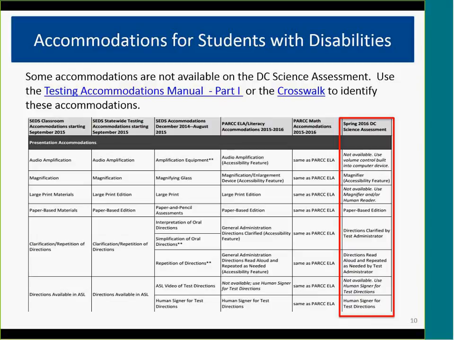Moving to the next slide, we have an example, a shot here of the crosswalk, and this is what you would use, that I mentioned in the previous slide, to look for equivalent accommodation across all of the available assessments. And the Testing Accommodations Manual Part 1 is also a great resource. Moving on to the next slide,